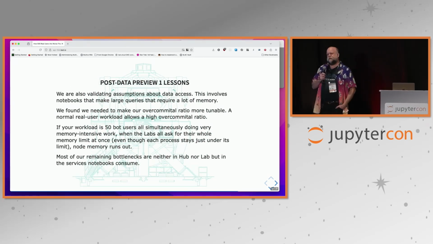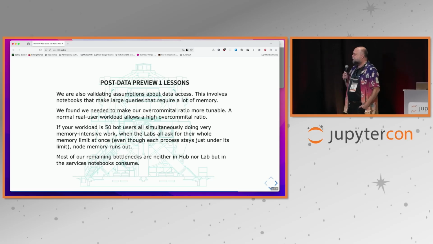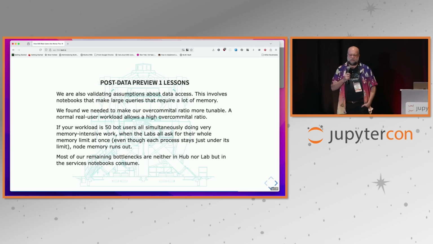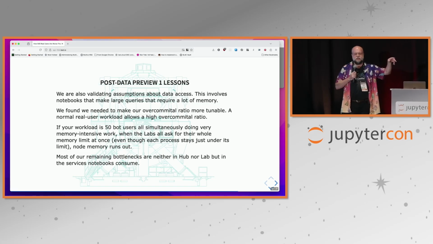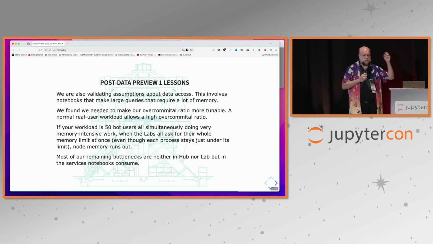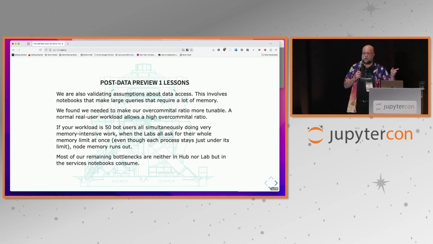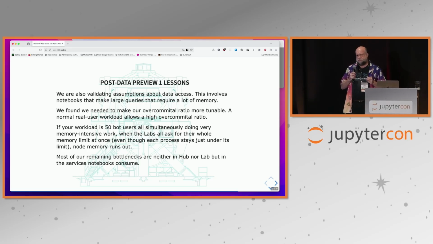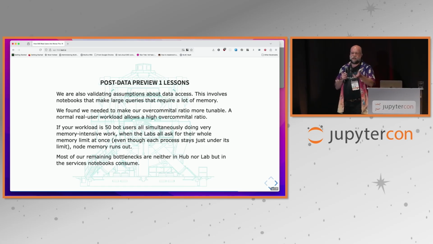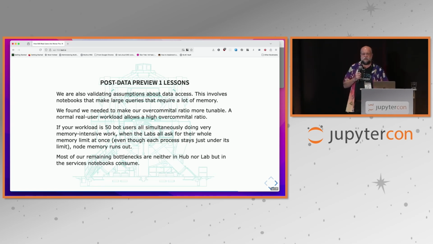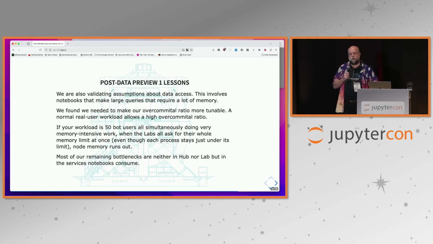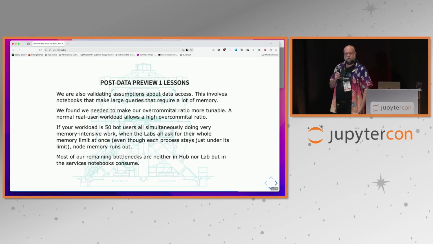So we learned some other interesting things after data preview 1. We had a set of notebooks that validated data access basically by selecting a bunch of columns from the database and running that in a tight loop because we wanted to make sure that database access was sufficiently performant. Well, it was, but we had a pre-configured overcommittal ratio of about 4 to 1 in terms of hub requests to limit in Kubernetes, which is fine for normal use because most users spend most of their time looking at the screen wondering what they're going to do next. Unfortunately, our test